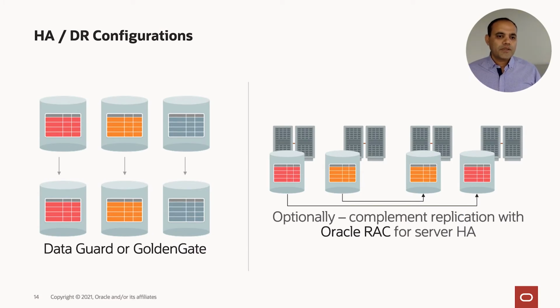Each shard can be protected by Data Guard or GoldenGate in a shared nothing architecture. And if you are using Oracle Database RAC, then you can use that as well, where each shard could be, say, a 2-node RAC cluster. Some of our biggest deployments actually use such a topology where each shard is a 2-node RAC cluster, so that way they can have the benefit of sharding by horizontally scaling the data as well as transactions, and have instant protection from a node failure.